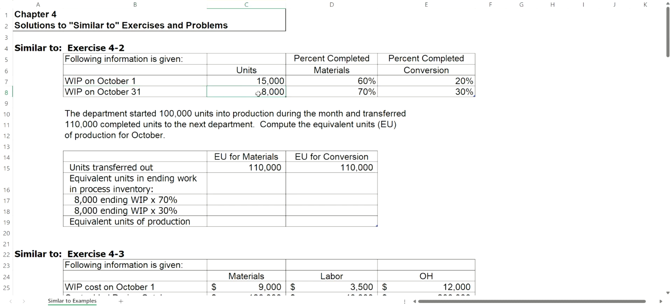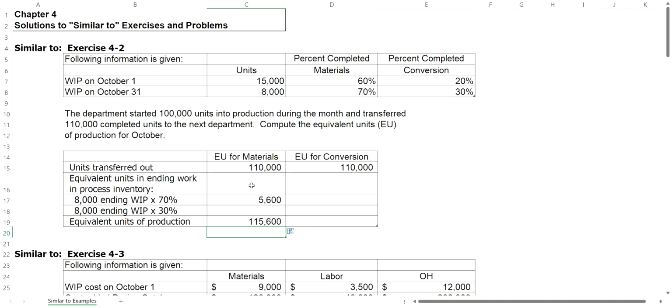There were 8,000 units, and for materials, it was 70% complete. So I will take 8,000 times 70%. That's the equivalent of finishing 5,600 additional units. I will add 110,000 plus 5,600, and my equivalent units for materials is